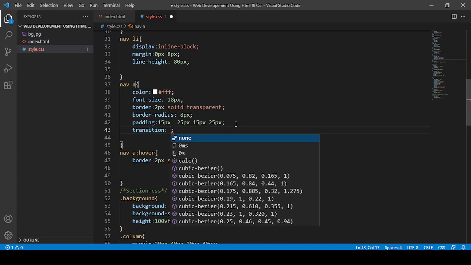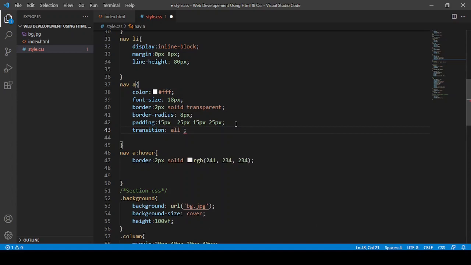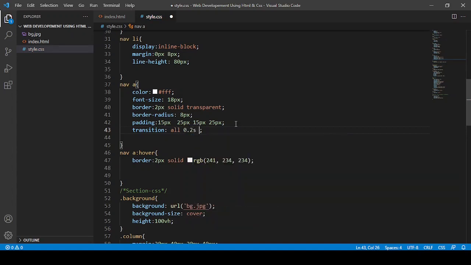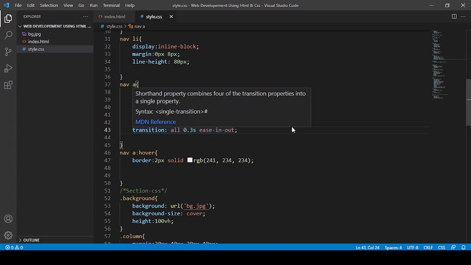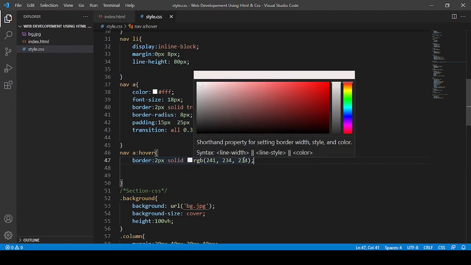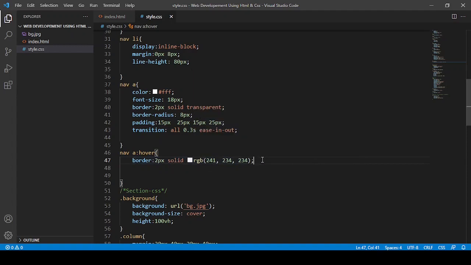So first of all I will set the transition property as all, and then I will say 0.2 second, and I will say ease-in-out. I can even say 0.3 second also. I think this is also okay.